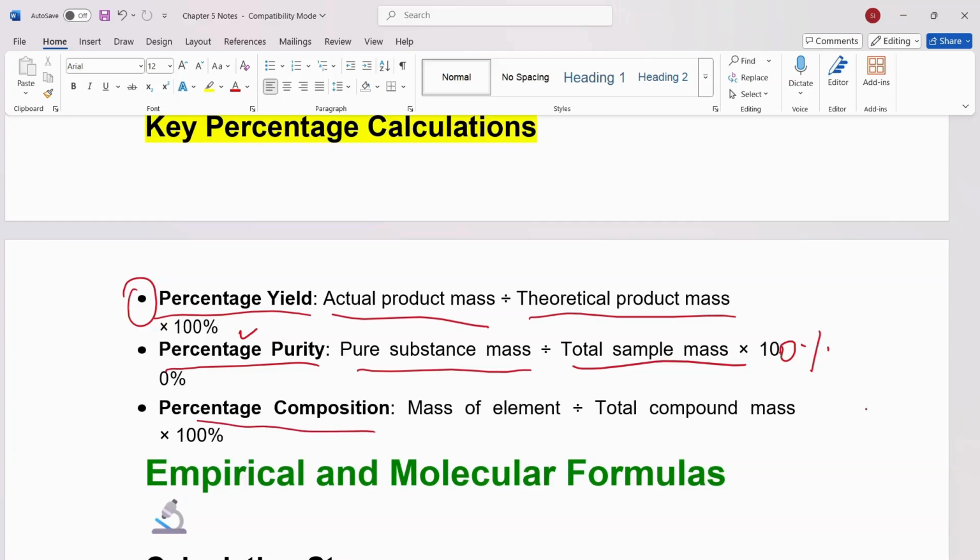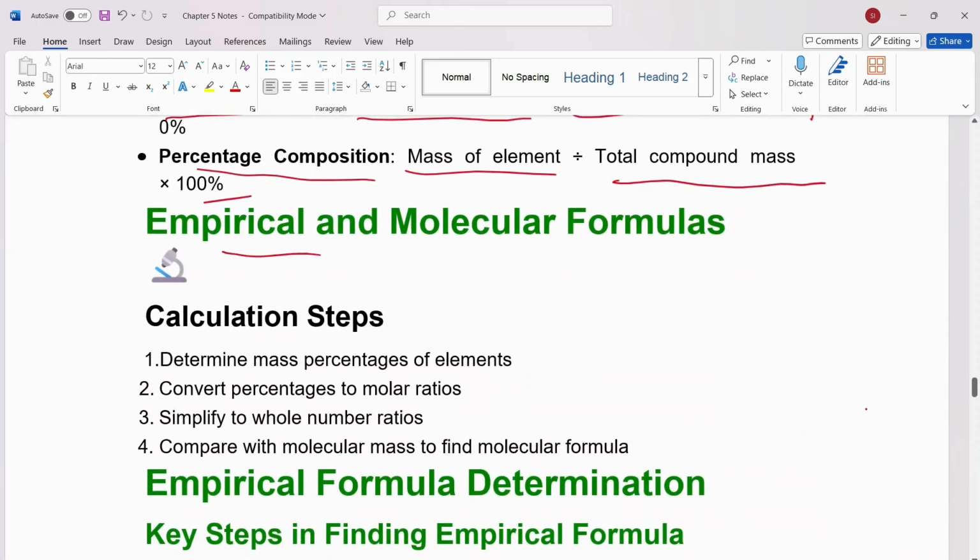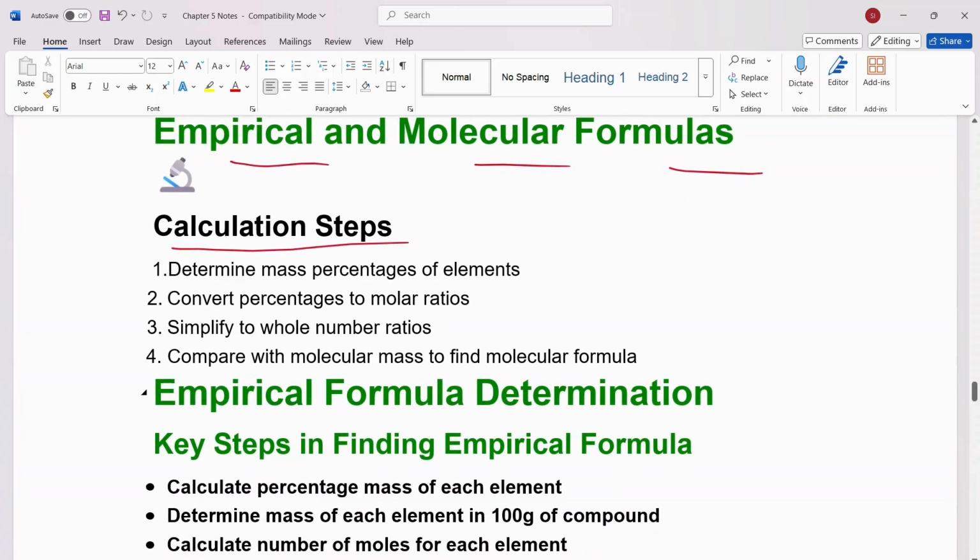Then for percentage composition, take mass of the element and divide it by total compound mass times 100%. All right. Now, some empirical and molecular formulas, calculation steps: determine the mass percentage